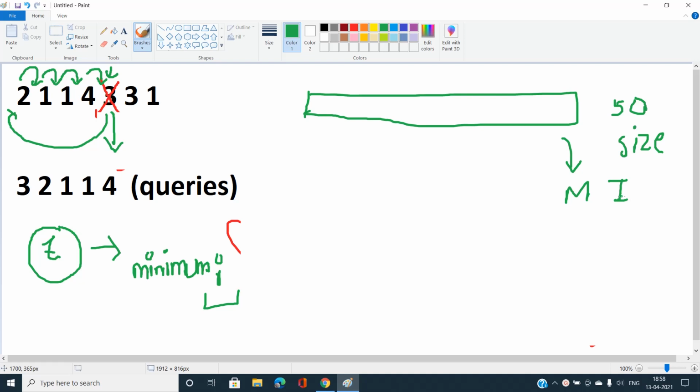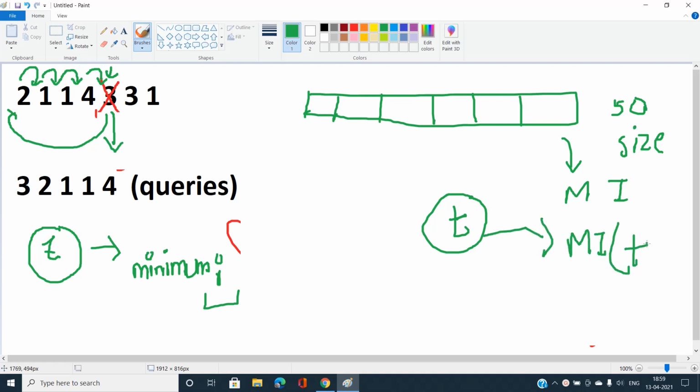So for every distinct color, store the minimum index of that color, and for a particular query color, let's say T, if we need to find the minimum index, just print the minimum index mi of T.